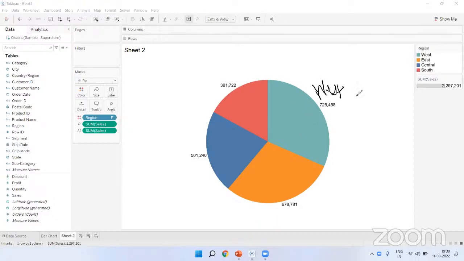Okay, so to show the West region, first of all, make sure this T is off. Show mark labels is off. So I want to show West here, then East here, because yellow is East, blue is Central, and South is this maroon. So what are these West, East, Central, and South? These are